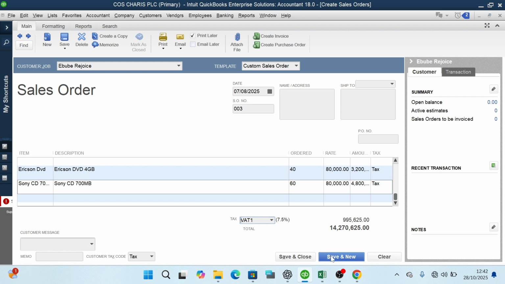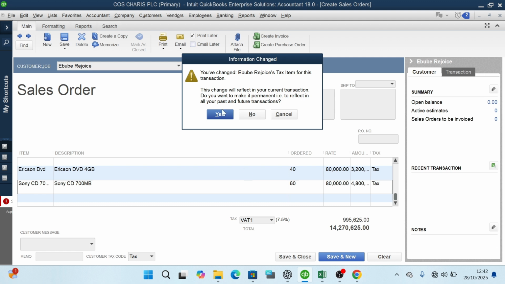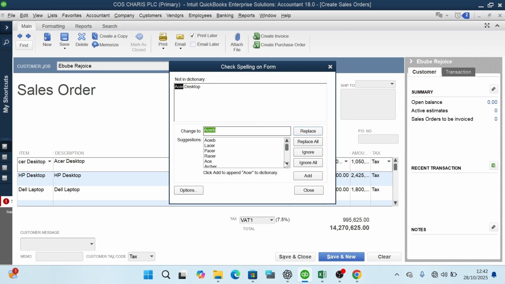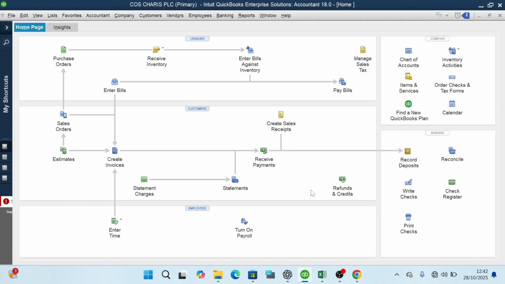So you click on save and close. Since this is the only one I'm doing, I'm going to select save and close. It says I've made changes. Yes, I have made changes, so I'll click yes. It's telling me to check spelling. I click on close because I'm correct. So this is how to post it using